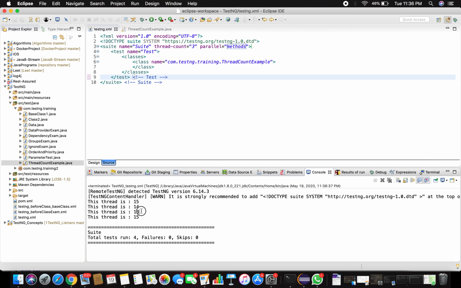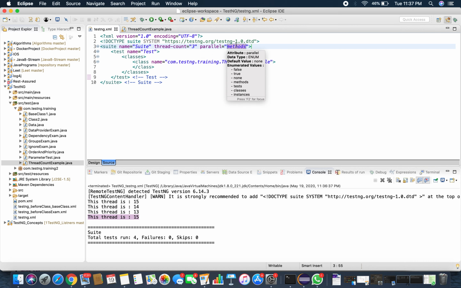The first 3 threads are used, 3 tests are run parallelly, and as soon as a thread is available to pick up the other test case, the 15th thread picked up the 4th test case and executed it. So you can provide any number of thread count here and you can choose methods or classes or tests, whatever you want to run in parallel using that thread count.